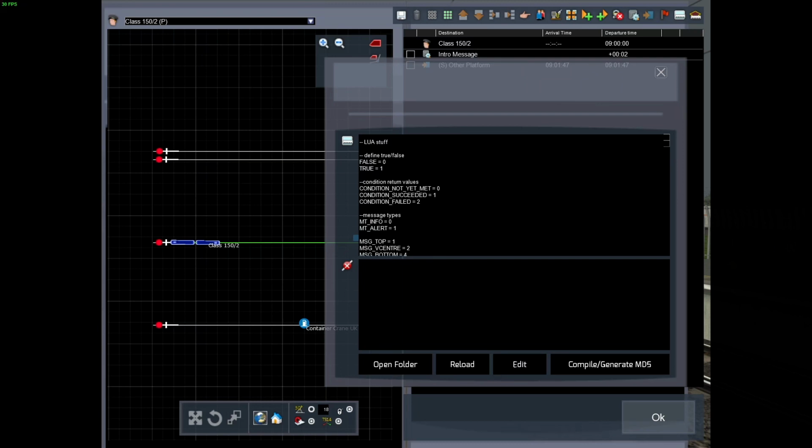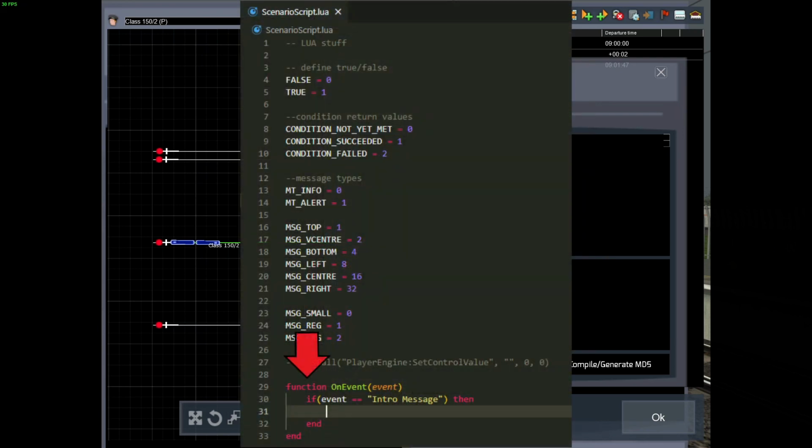So down here we created a function called OnEvent, which takes a parameter of event. So if the event is equal to our intro message, then we can fire whatever we want inside it. So in this case, we want to create a system call to display a pop-up message. So SysCall,